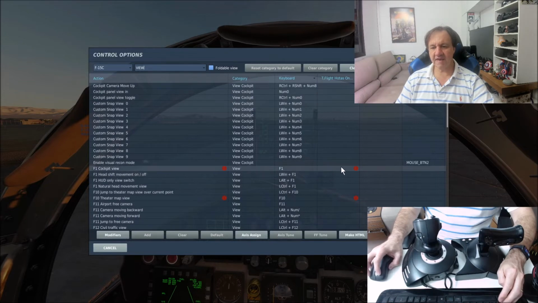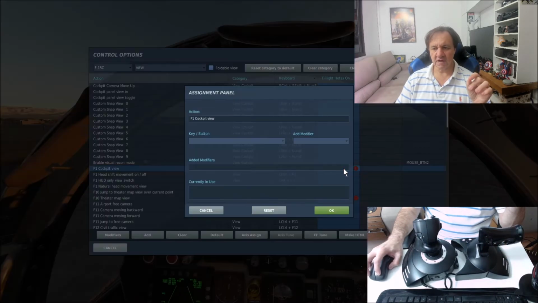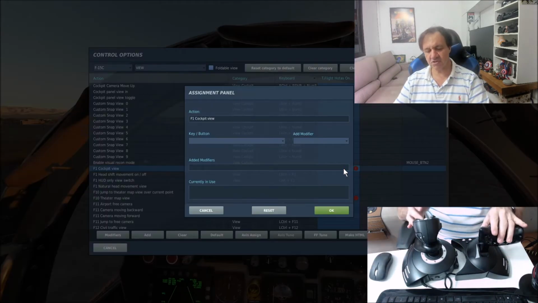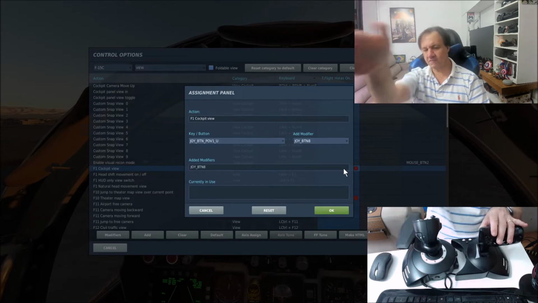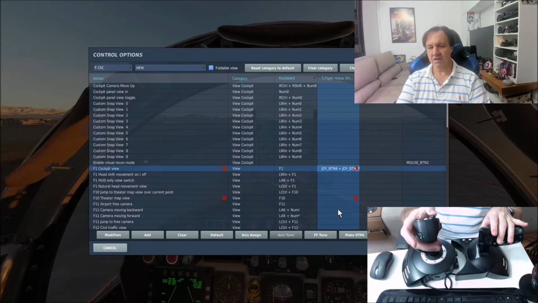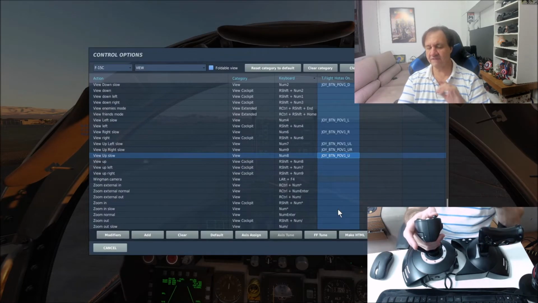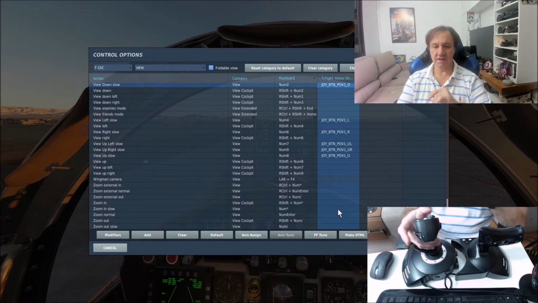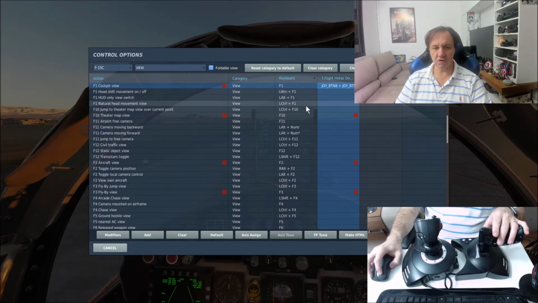I can have here, if you see, I want to see the inside the cockpit. I'm going to click modify, go to the front. I have the modify button in the front. So if I don't click the button modify, the head is going to up, if you see. If I click the button modify, it's going to cockpit view.